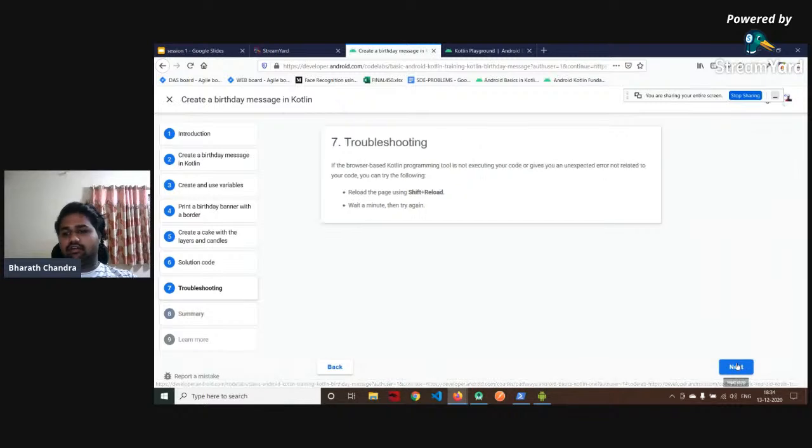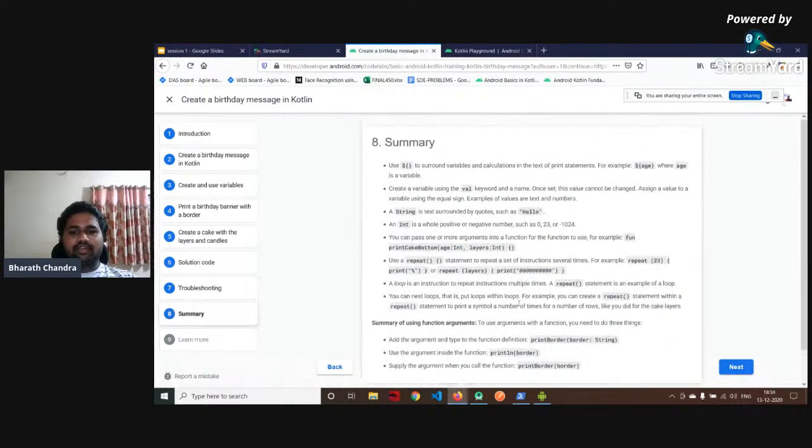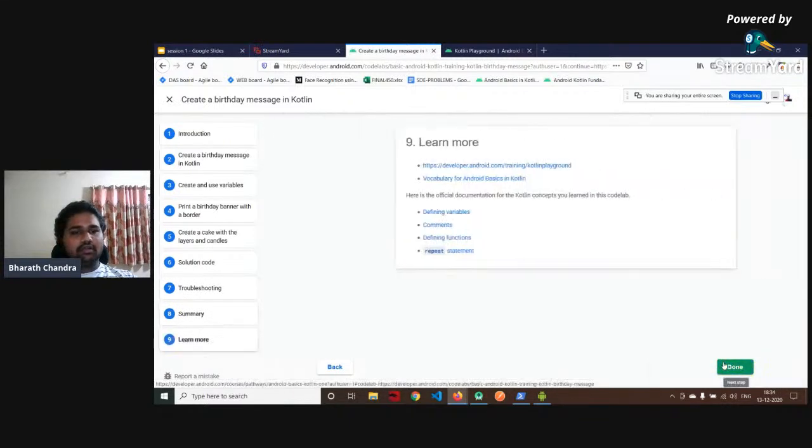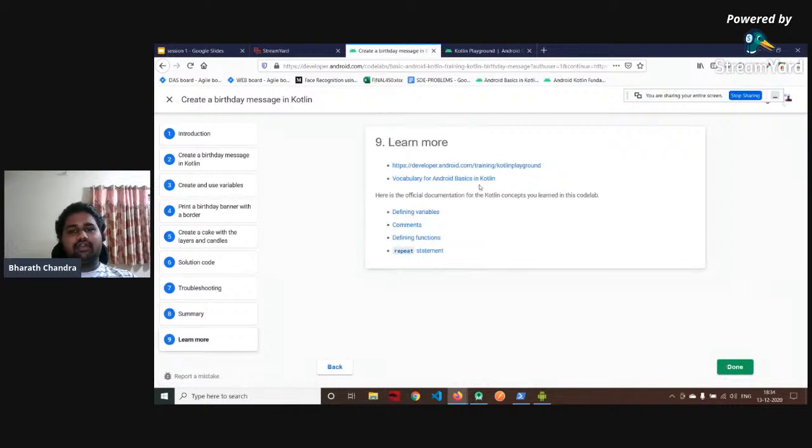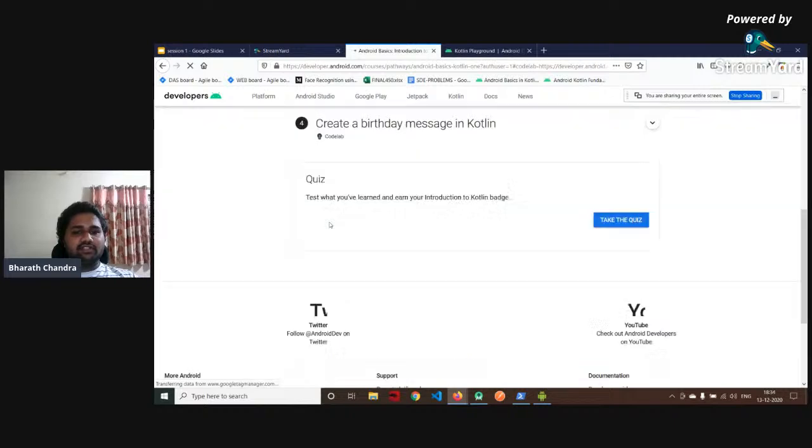And this also has steps of troubleshooting and some summary, and other resources that you can use to learn more about functions and everything: functions and variables and commenting, repeat statements. So after this,